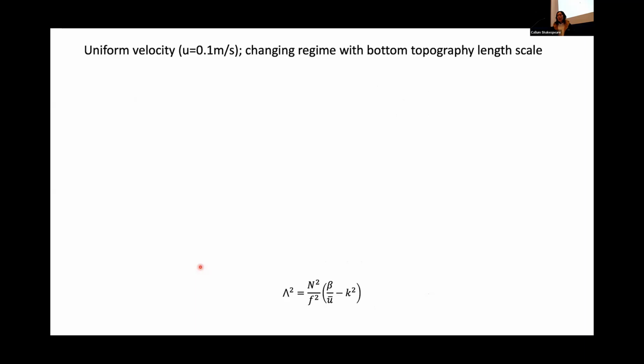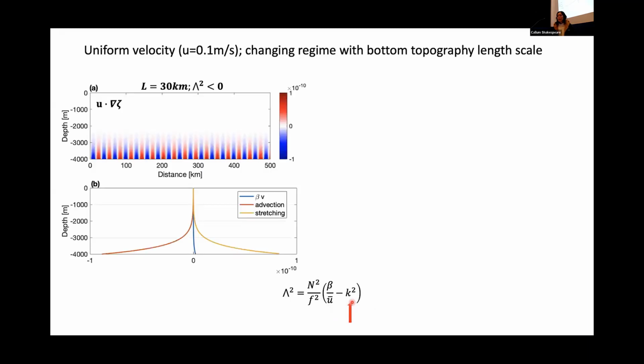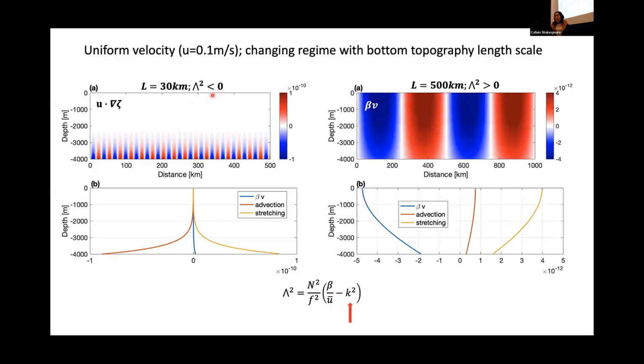And now we can plot the solution out and see the difference between the 2 regimes. We already know there are 2 ways of changing the sign of lambda square, like changing the regime of the QG model. One is by changing background velocity, and the other is altering the horizontal scale of bottom topography. We first keep the background velocity the same and look at different horizontal scales of bottom topography. For small scale topography, I use 30 kilometers here. So K is large, leading to a negative lambda square. For large scale topography, I use 500 kilometers here, which gave us a